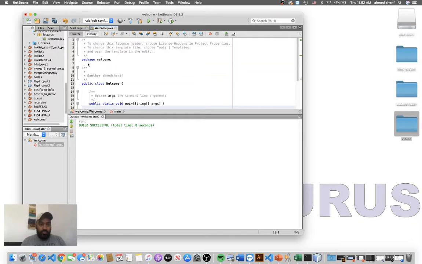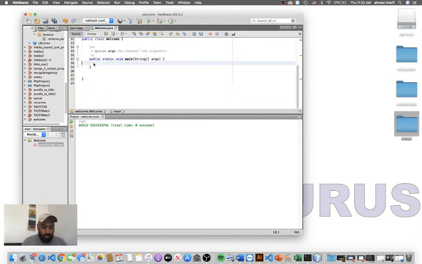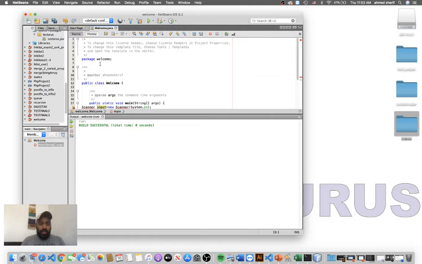First, I'll show you. We call the class Scanner, input equal new Scanner, System.in. As you can see here, it's highlighted as an error because we don't include the package. So we have to import the package, and the way we import it is, actually, we import after the package name and before the class. So we import